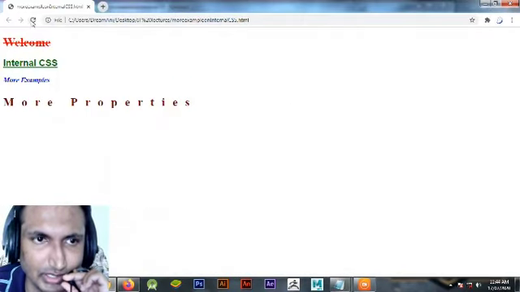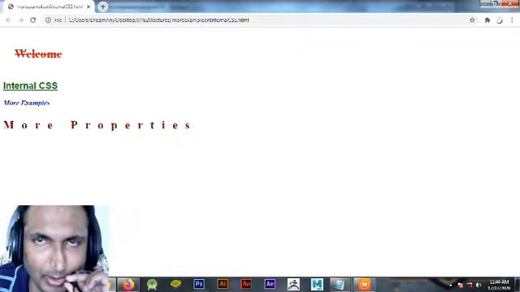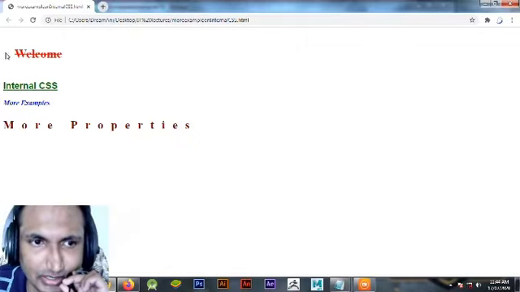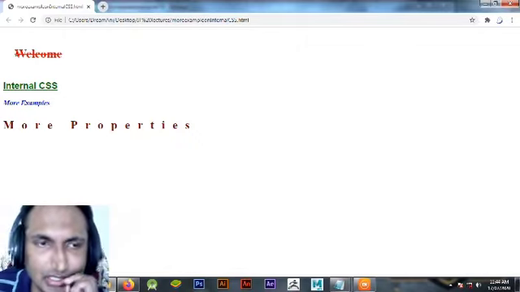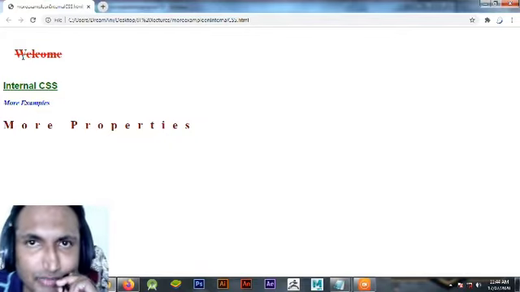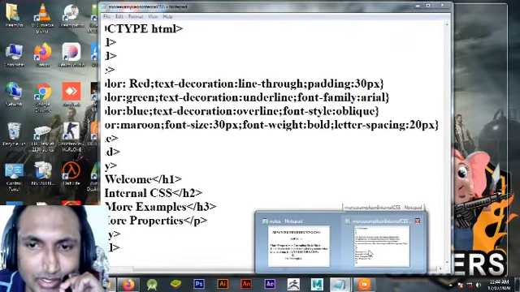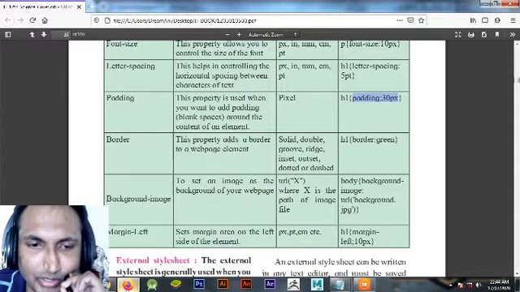If I refresh this, for h1 the padding from the left side is 30 pixels. So the distance from the left alignment will be its padding. It will always appear 30 pixels ahead from its left alignment. That is your padding property.